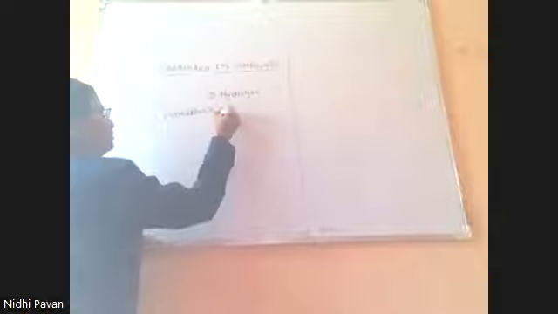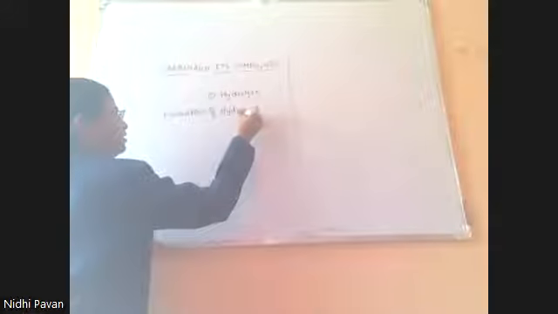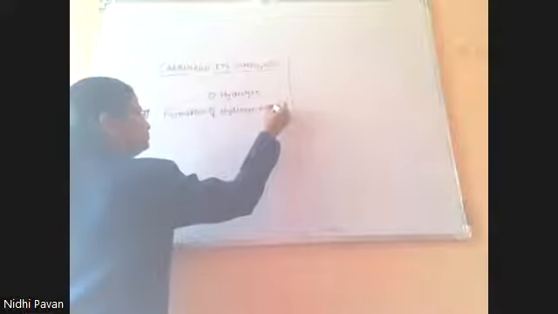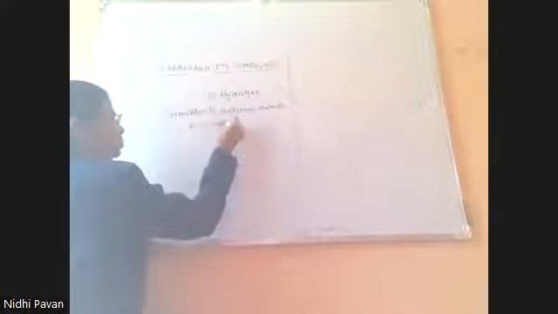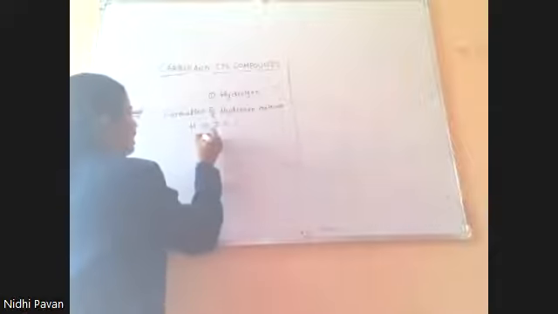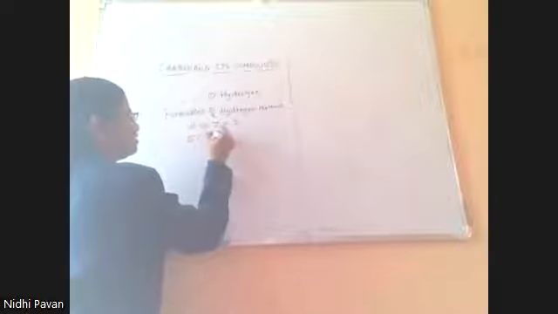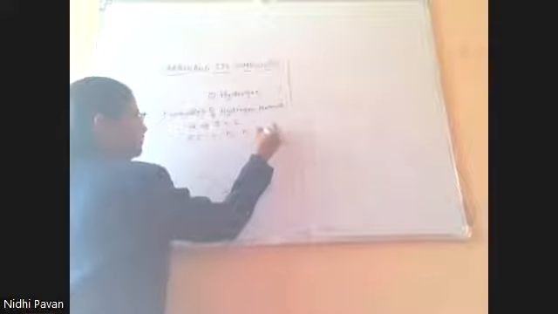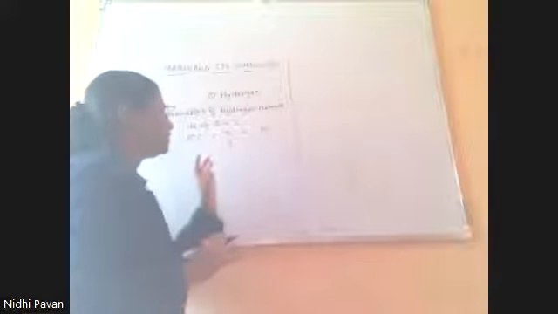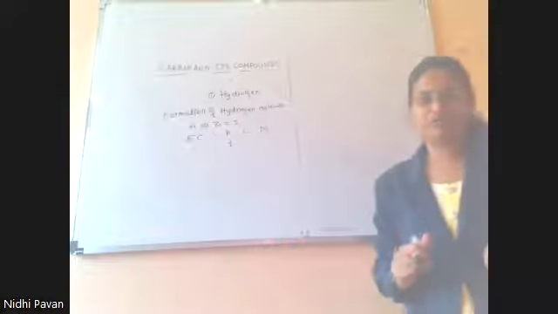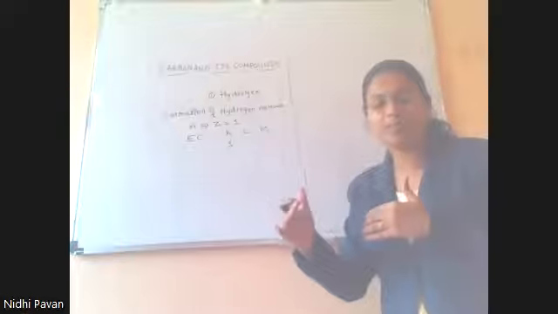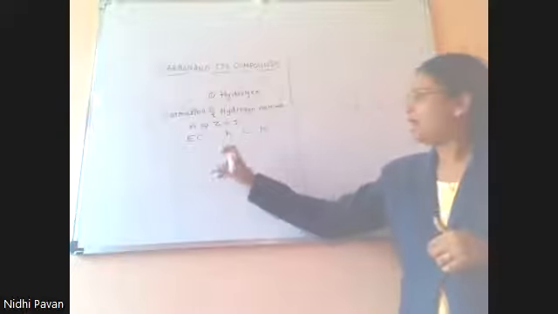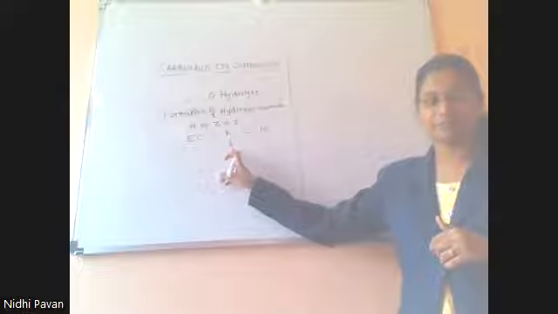Hydrogen has atomic number Z equal to 1. In the electronic configuration KLM, K has 1 electron, and we do not have any other electron. To attain the nearest noble gas configuration, hydrogen needs one more electron. Helium